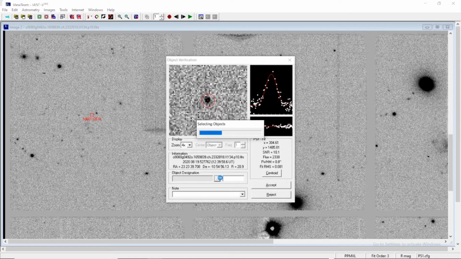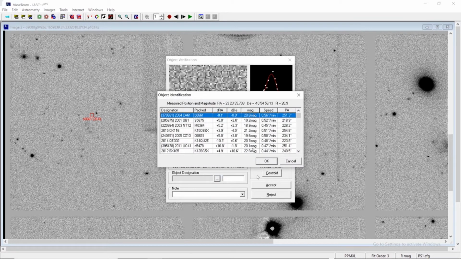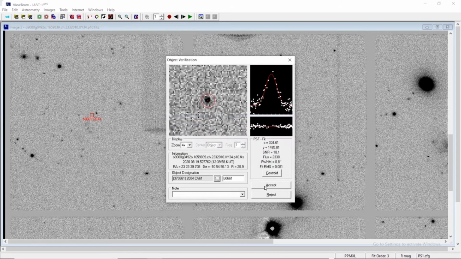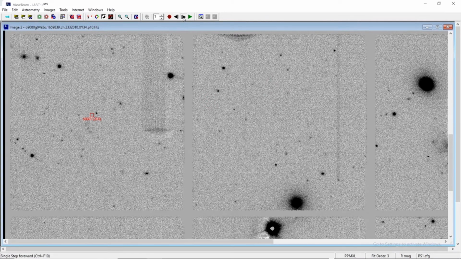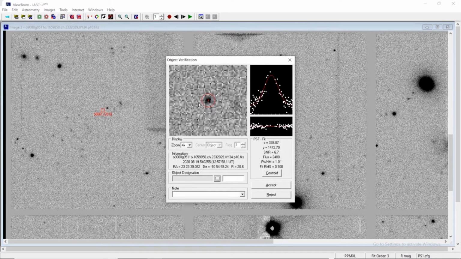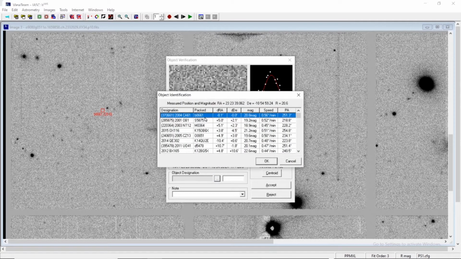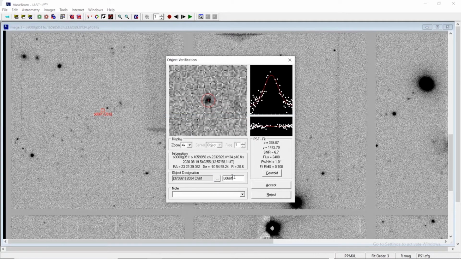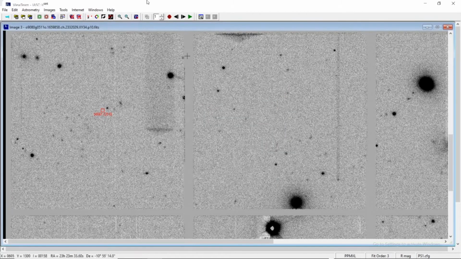Now we have already seen the analysis of all the images, so no need to worry about the things. Just select it, do OK, accept it with the 5-letter designation, move to image number 3, go for it, select, see the designation, do OK. Everything is there. We have already seen the properties, SNR, R and the PSF graphs. Select the nearest object, click OK. Don't change the designation, check whether it is B0661, it is here, so accept it.